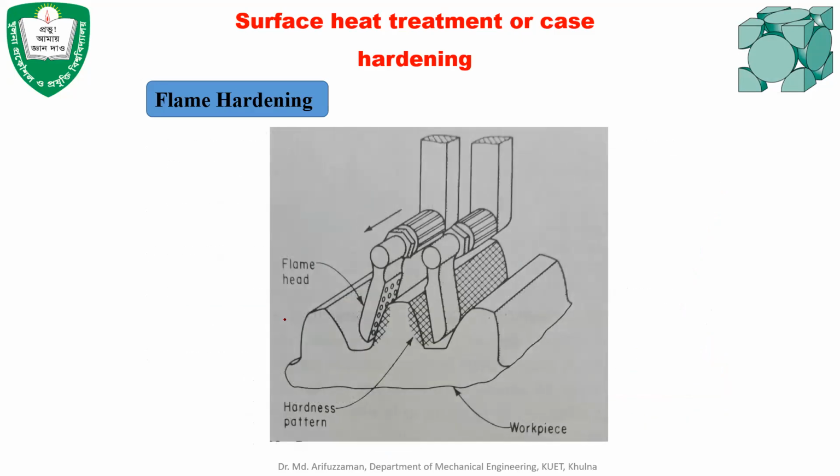Here is one example of flame hardening. In this case, the flames are introduced through these small orifices into the gear surface. Once the austenite microstructure is formed, the flame is removed and the gear is quenched in the bath. So the surface of the gear teeth will be hardened, but the internal part will not be affected by the flame hardening. This is how we conduct flame hardening on the surface of steel.